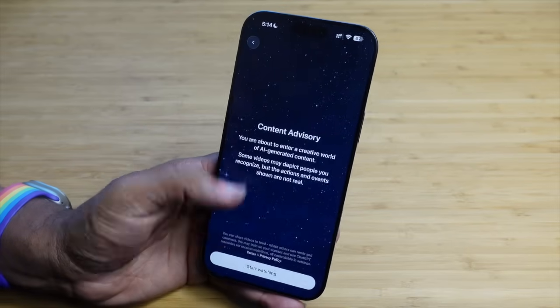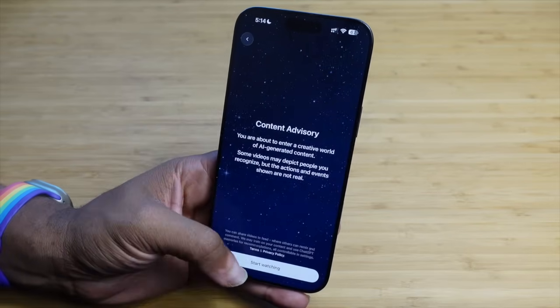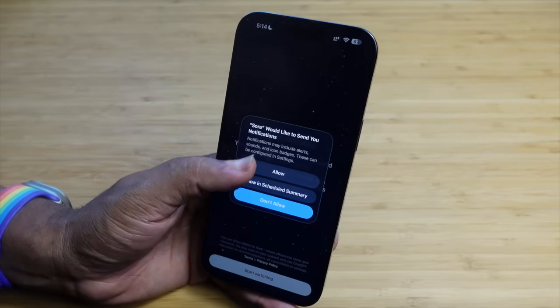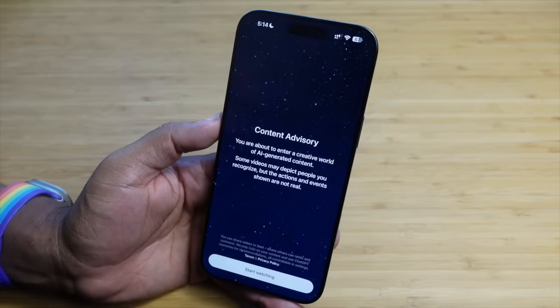So next up, you just press the start watching button and you are good to go. And it wants to know if we can send notifications, so I'll hit allow for notifications, and then I'll hit